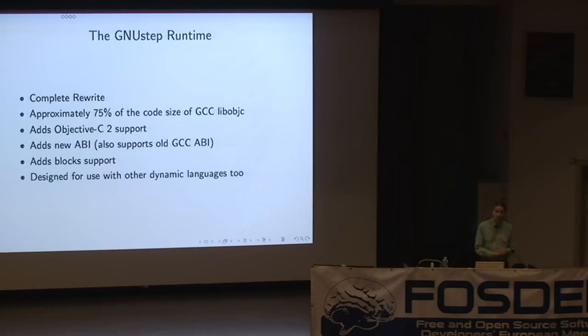We've added complete support for the new Objective-C 2 features. There's a new ABI, which has a few nice features that I'm going to talk about a little bit more. We have working support for Apple's blocks extension. We were actually quite pleased with that because we managed to ship a working version of the blocks runtime 6 months before Apple released their own language extension. And it's also designed to support other dynamic languages. I gave a talk yesterday in the GNUstep developer room about LanguageKit, which is a dynamic language implementation framework. So we use the same compiler backend for compiling Smalltalk and other languages.